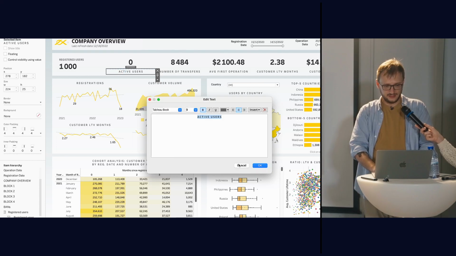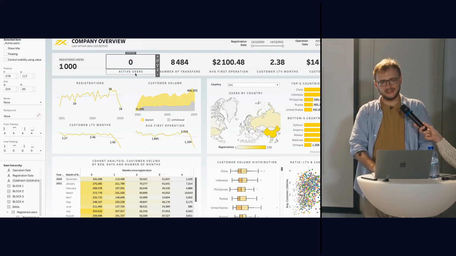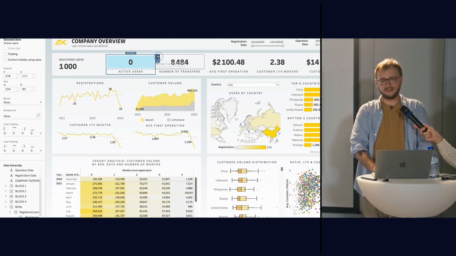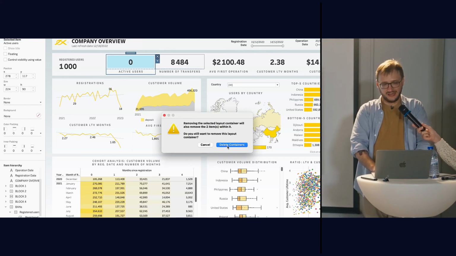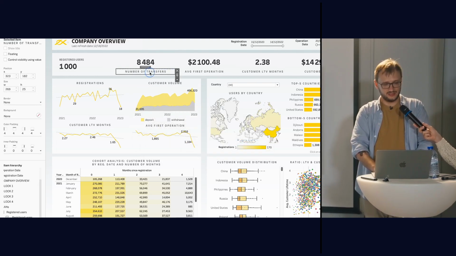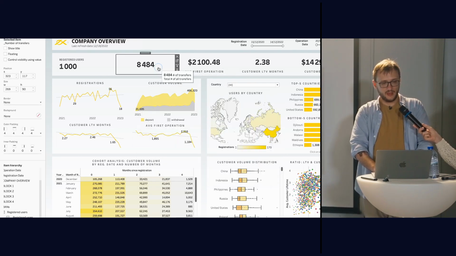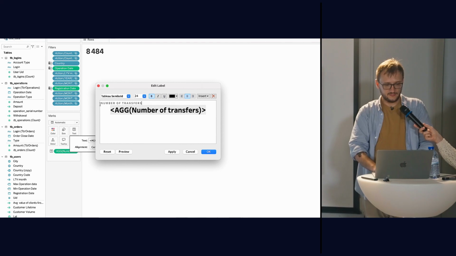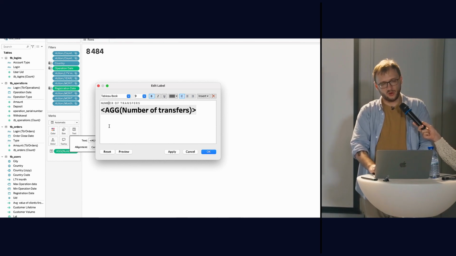Okay, also a bit of technical work. I'll try to do it faster. By the way, active users is null. I don't know if you need this information, to be honest. I'll delete it just because it's null. Maybe it's not a good metric. Maybe we need to do something about it. For now, I'm going to delete it, just because I don't know what the matter is with this null data. Okay, doing the same with this KPI factoid, and doing something like that. Okay, who aligns the factoids or KPIs or BANs into the center?